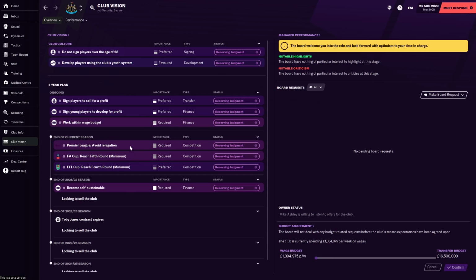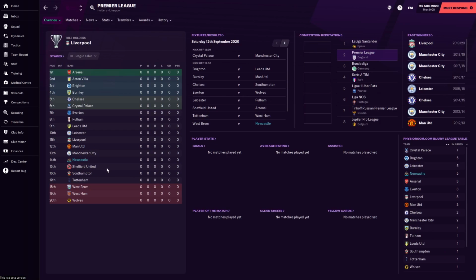So in terms of the current season, then obviously Newcastle haven't got any European football, just the Premier League and the 2 cups, and it is required that you avoid relegation with Newcastle. Now, I think that's an absolutely fair objective. Looking at that, if you have a terrible season, there should be 3 sides in the league that you're better